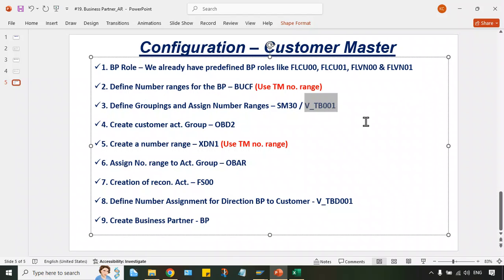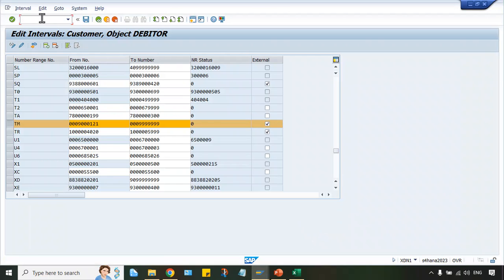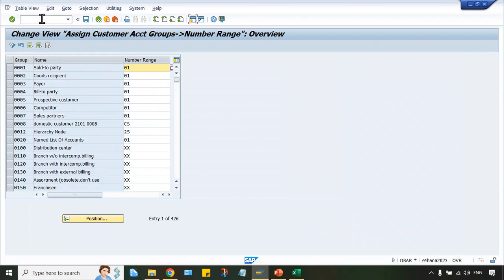Okay. So now, creating a number range, that is done. Assign the number range to account group, OBAR. So generally, account group controls the fields.